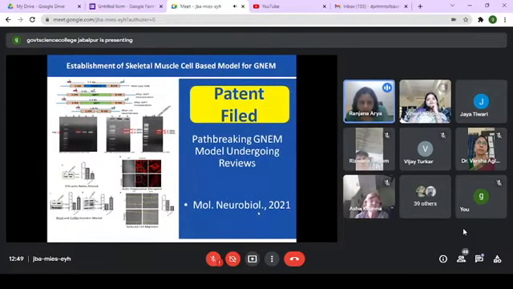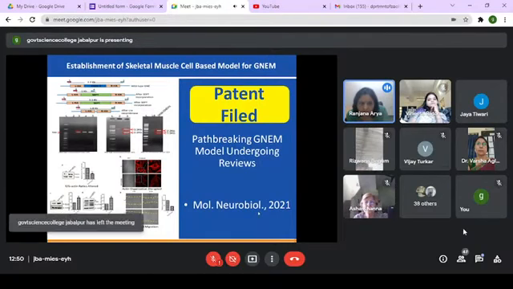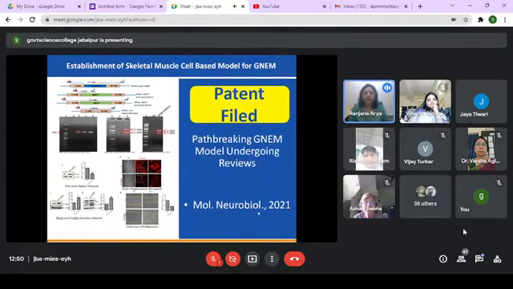So we have now filed this patent, and if you can see here, with actin you can see striations in the muscle cells. But when we are looking at the mutation or the cell line which is knocking out GNE, you lose these striated patterns and actin is totally disorganized. So we have a good success over here, and this seems to be a good model to now test all our drugs and molecules, to see how they can be beneficial for the cells where you have defective skeletal muscles. Next, please.